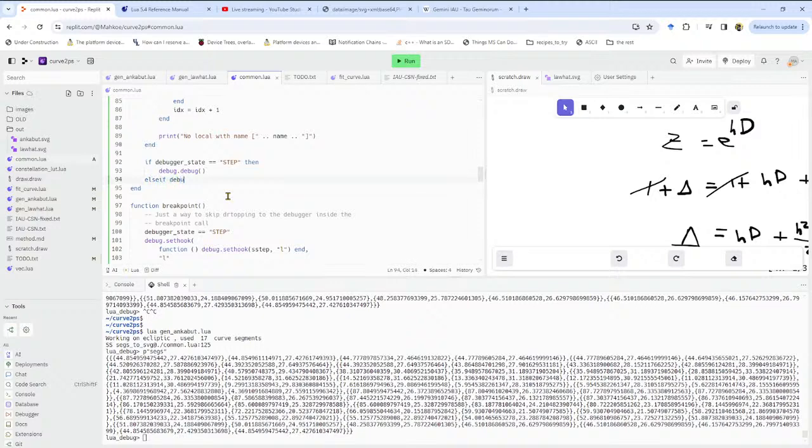Else if debugger state is equal to until, then